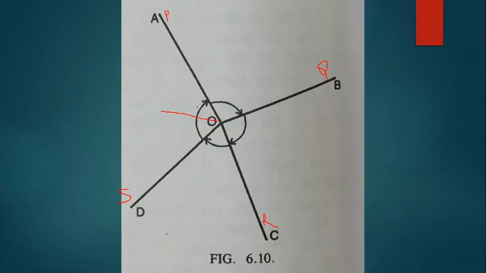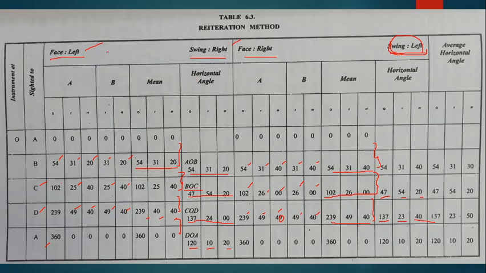Similarly, we must rotate the telescope by releasing the upper clamp screw until we approximately bisect the ranging rod at A or P. Then for exact bisection again we may use the upper tangent screw. After exact bisection you can record the same onto the tabular form. It should be now 0 0, but we must write 360 degrees, remember, not 0, 360, so that we can subtract and get a positive value only. And when you subtract these two, the horizontal angle is 120 degrees 10 minutes and 20 seconds. That is nothing but angle DOA.